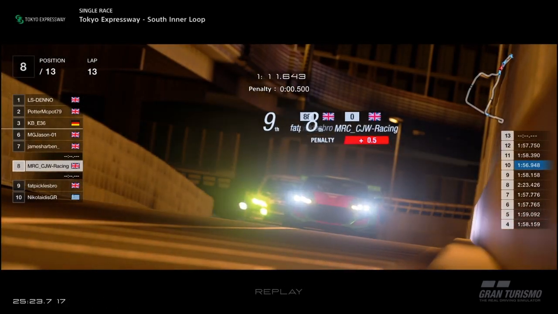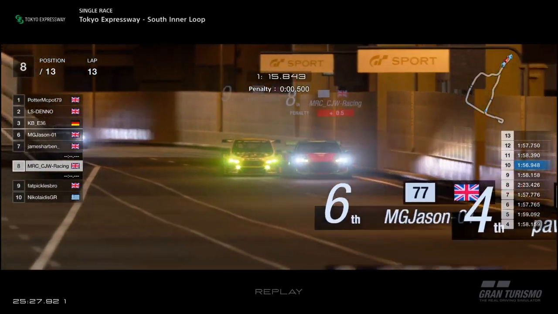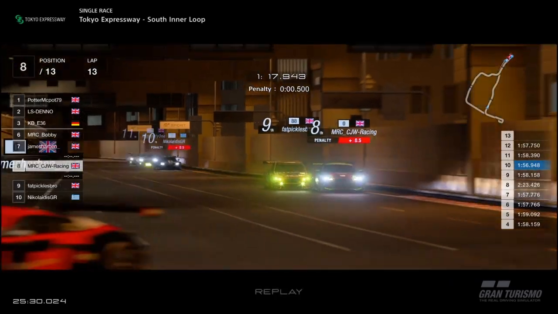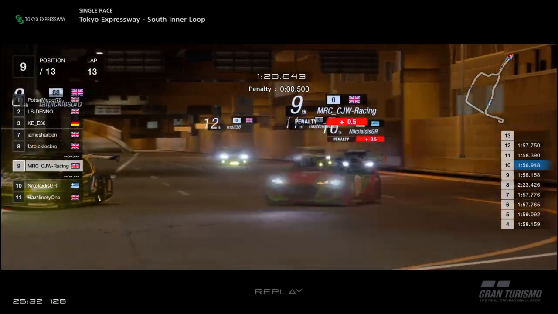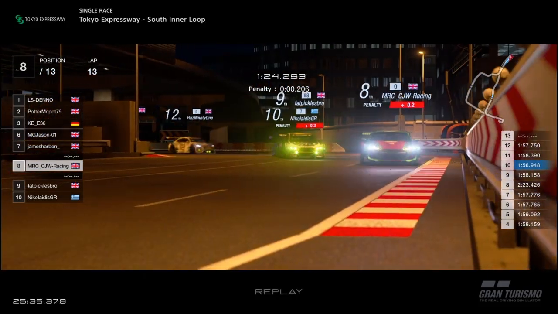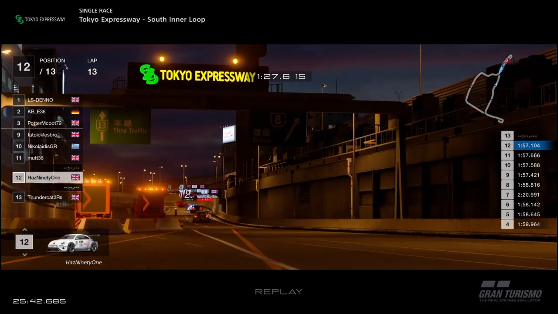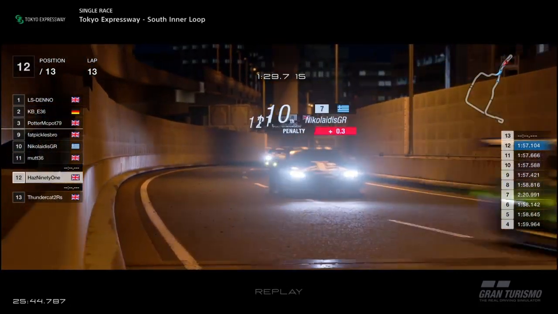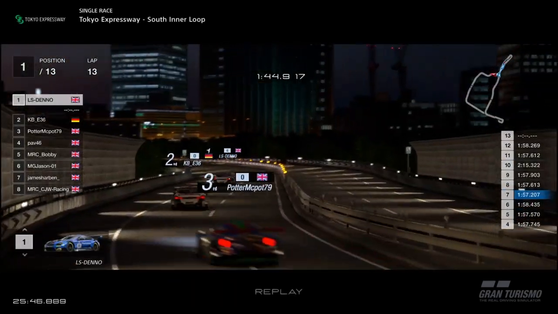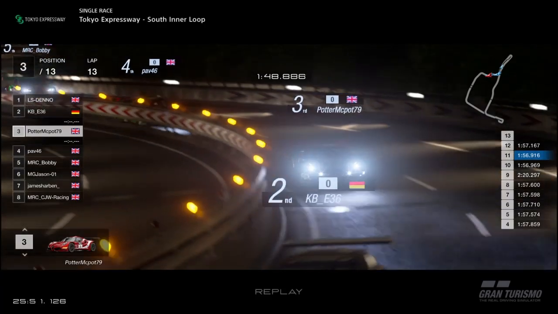That incident down at T2 did really affect our pace. Fat Pickles did look for a move down the inside, but someone stopped it on the apex, and I was able to resume where I was. Two VWs battling for P11 and 12 respectively. KB's got past Potter again, and this fighting,